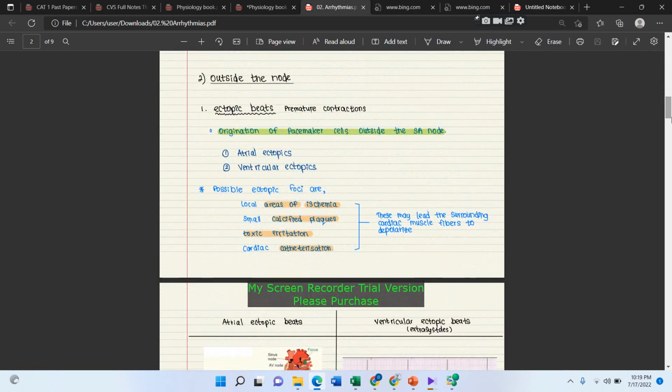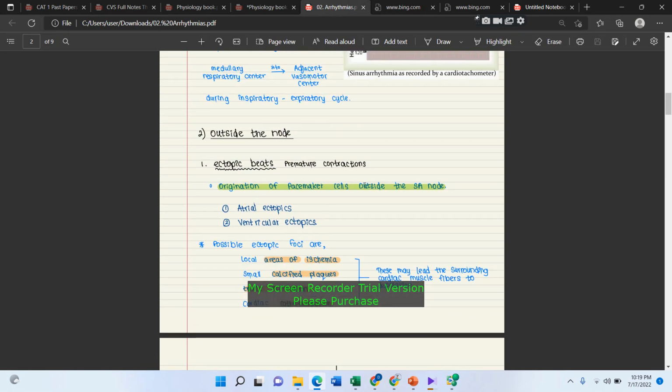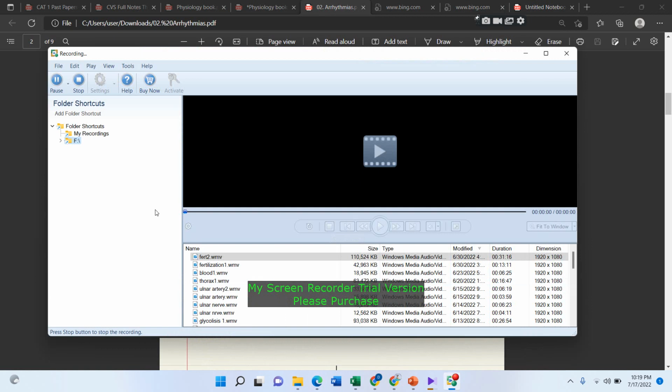And if we talk about arrhythmias outside the node: ectopic beats, premature contractions, origination of pacemaker cells outside the SA node. So atrial ectopics, ventricular ectopics. Possible causes of ectopics include local areas of ischemia. So let's